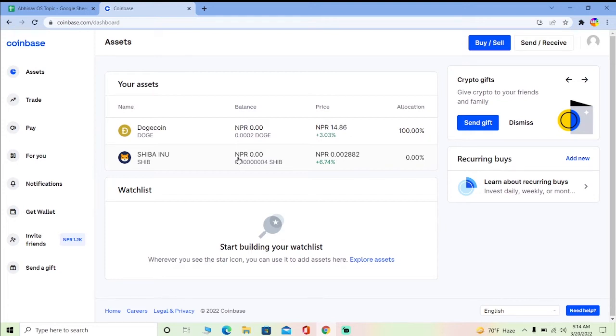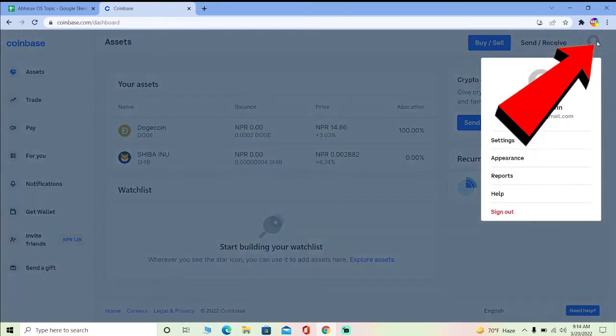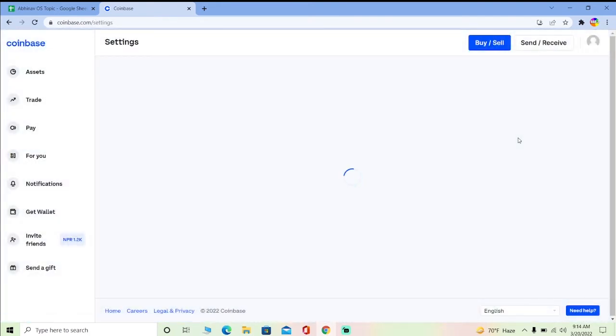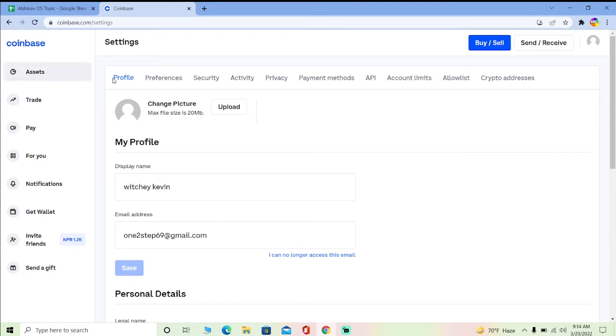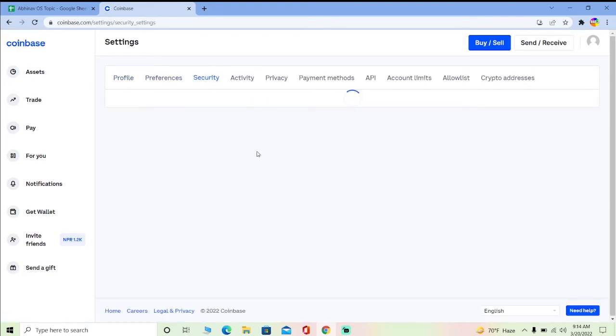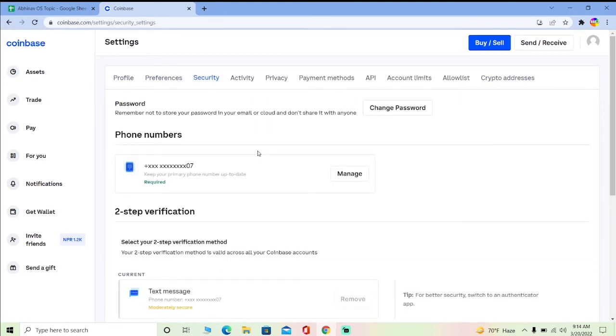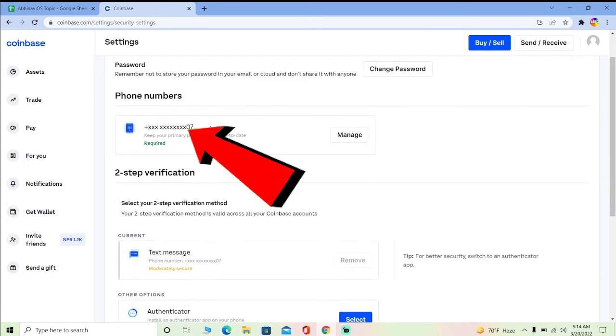First step, you gotta come to coinbase.com, log into your account, and click on your profile picture looking icon and go to settings. Once you come over here, wait for some time and go on security. Now over here there are levels of 2FA. So the first 2FA is gonna be your phone number or your email, whichever thing you used when you created